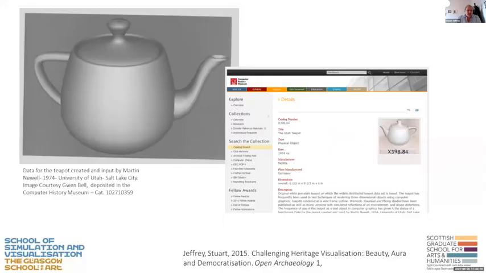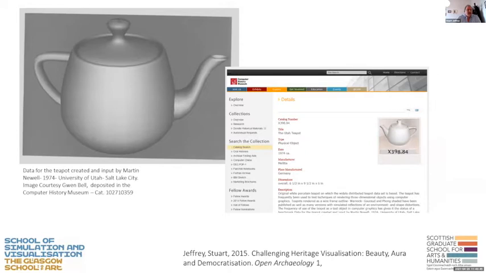And this is looking at this object here, which some of you may recognize. It's known as the Utah Teapot. It's the very first three-dimensional object that was ever captured in computer graphics by Martin Newell back in the 1970s. It was an entirely digital object, and it's become iconic in computer graphics. It turns up all over the place in 3D modeling packages, as little Easter eggs in various films, Toy Story,